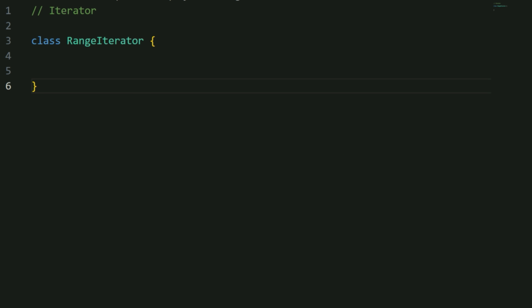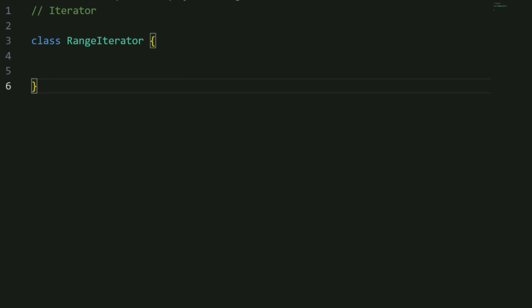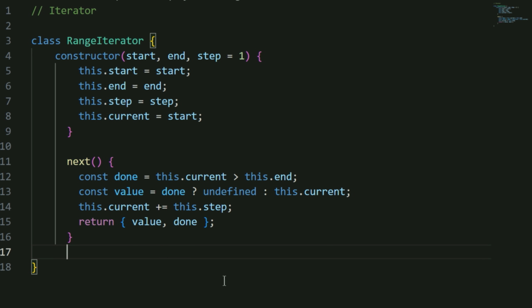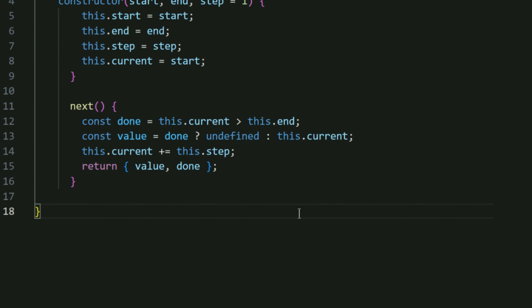Moving on to the iterator pattern, this pattern involves providing a way to access elements of an aggregate object sequentially without exposing its underlying representation. Modern languages often provide abstraction for iteration, such as the for loop in JavaScript. However, in the absence of a built-in range function, custom iterators can be implemented as demonstrated in the provided JavaScript code. In this example, the range iterator class provides a custom iterator for a range of numbers, allowing for iteration